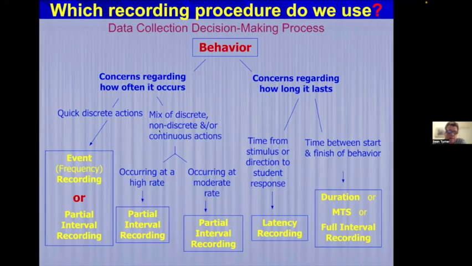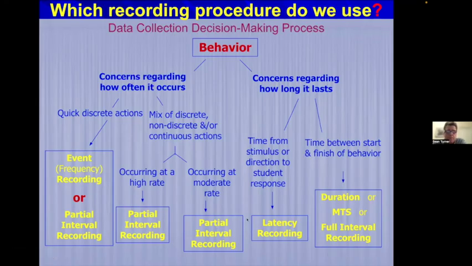I love this because it has multiple steps. So first, you look at how often or how long it lasts. And then when we go down, break it into one of those two categories. And then you can go down and look at all the different types of recording, partial intervals, latency, duration, or